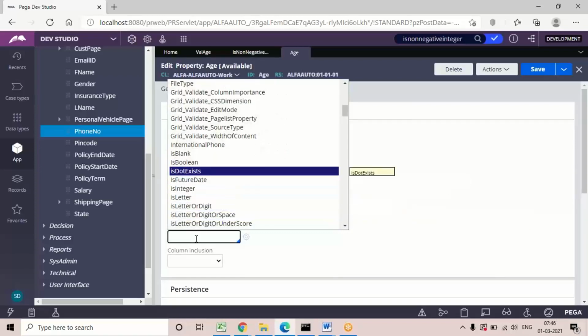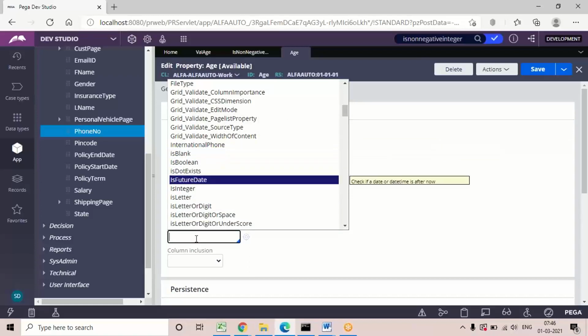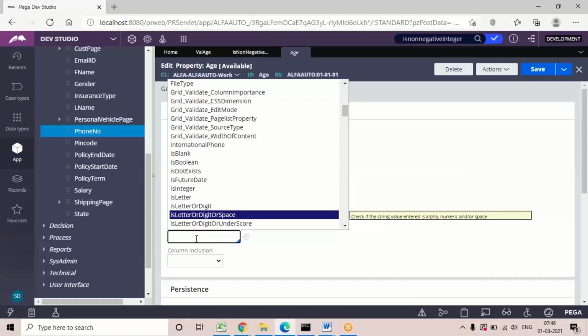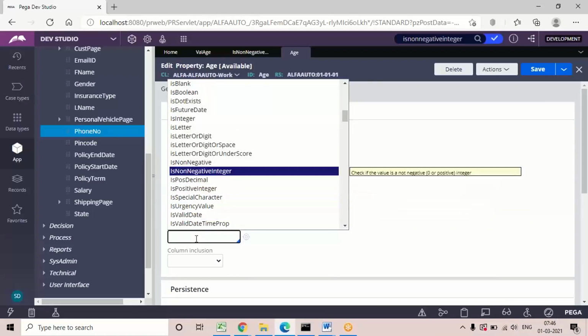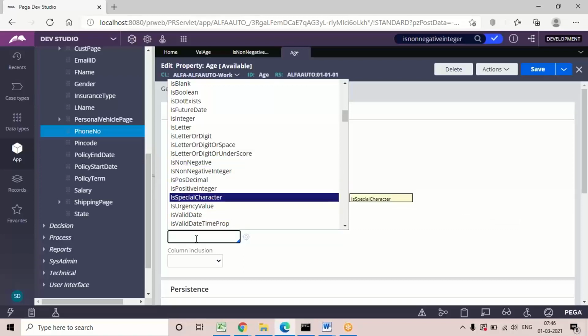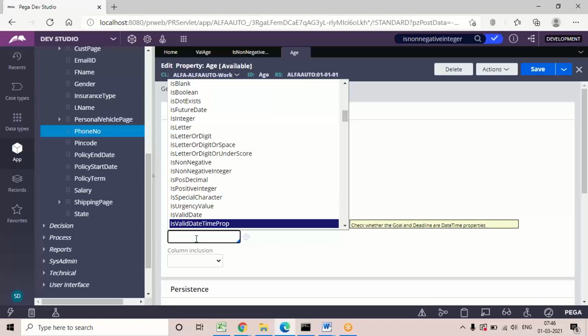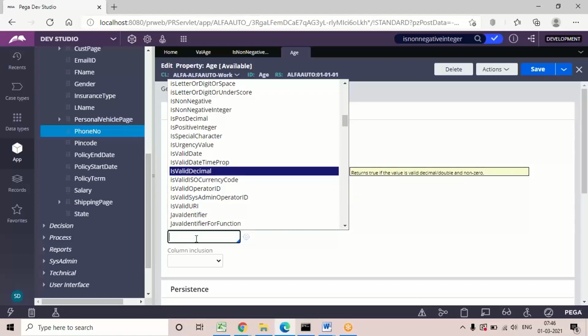Then some regularly used ones: international phone, is blank, is boolean, is digit, is future date, is integer, is letter or digit, is letter or digit or space. These are all built-in. Is non-negative integer, is decimal, special character, is valid date, is valid date time. So these are all built-in edit validate rules.